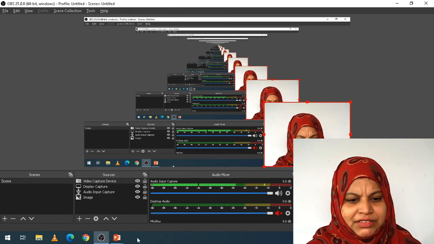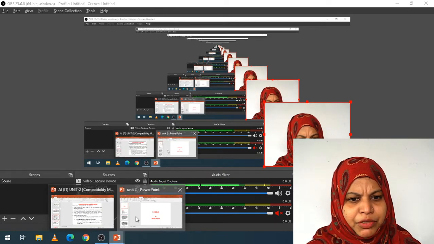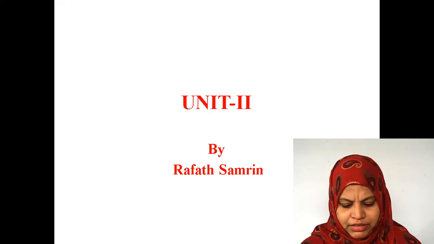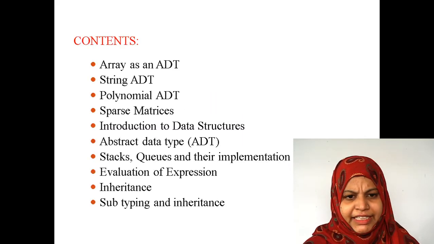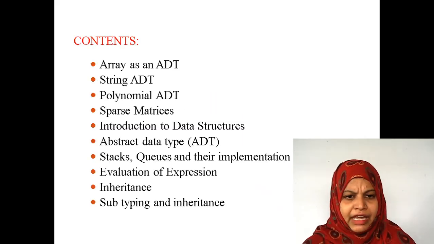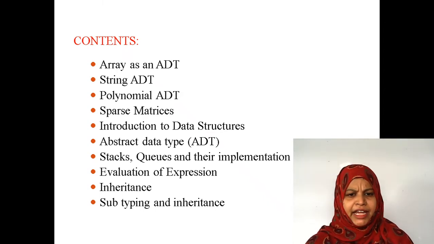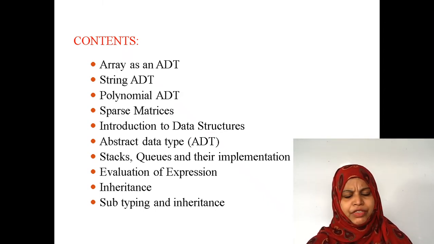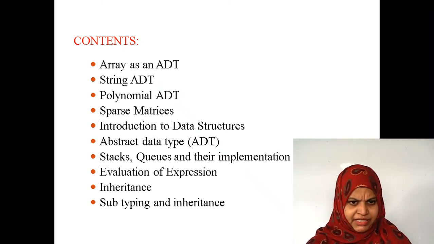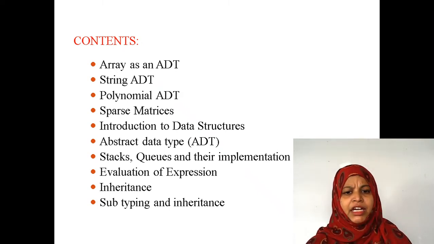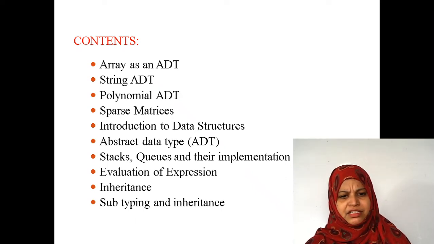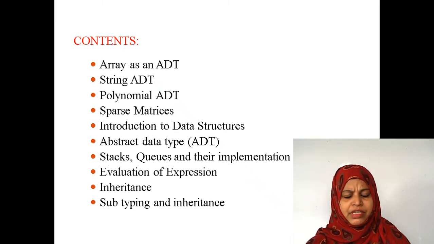Good morning, students. In today's session, I am going to start the second unit. The second unit consists of array as an abstract data type, string and how we are going to implement this string as an abstract data type, polynomial abstract data type, sparse matrix, introduction to data structures, abstract data, how we are going to use abstract data types to implement data structures just like stacks, queues, and